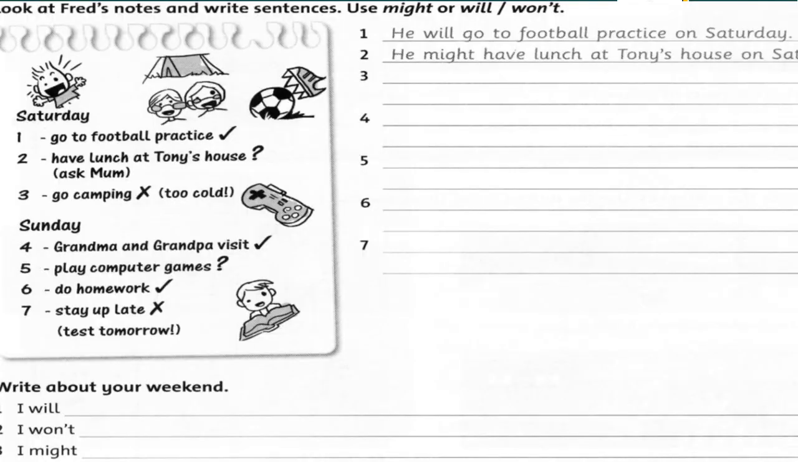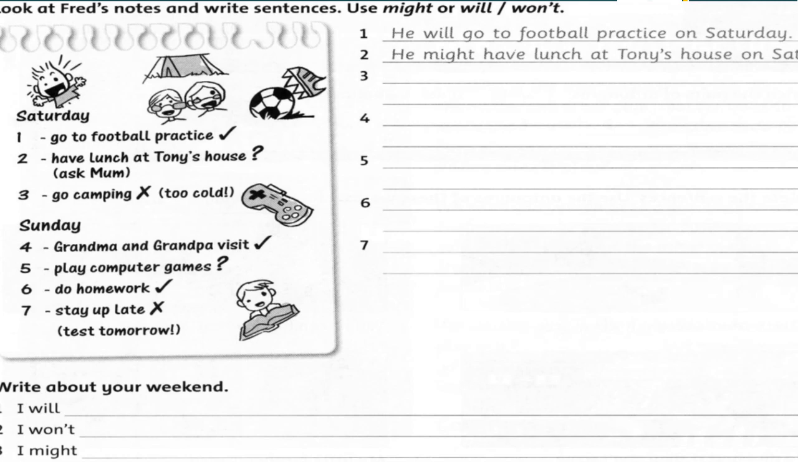Alright guys, so the next exercise says, look at Fred's notes and write sentences. Use might or will or won't. Okay? So we have some information. We know we have 2 days. And then we have some information about Fred. Okay, so we're gonna observe the picture, and most importantly, I want you to focus on something that is clear